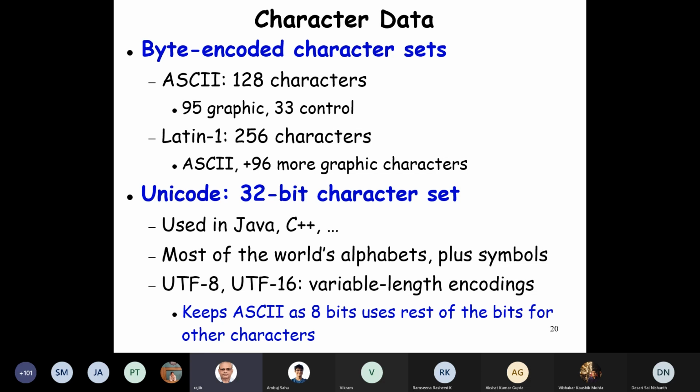But now, not only the English alphabet and the Latin, we need to support various types of world users, maybe Hindi, maybe Arabic, etc. So nowadays, all programming languages, Java, C++, etc., use Unicode, which has 4 bytes, 32 bits.